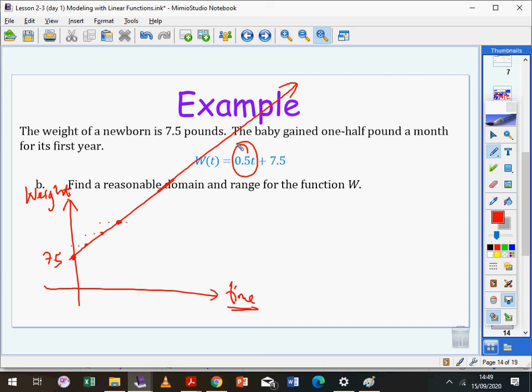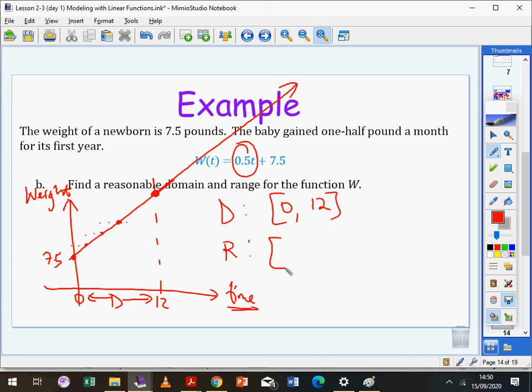So the reasonable domain for this function is only going to happen at least up to 1 year, right? Up to 12 months. The reasonable domain, the x value domain, is going to be from 0 up to 12 months. And the reasonable range will be the output value that corresponds to 12 months. So the reasonable domain for this function is going to be from 0 to 12 months, and the range